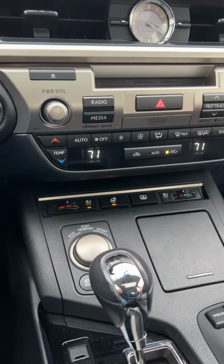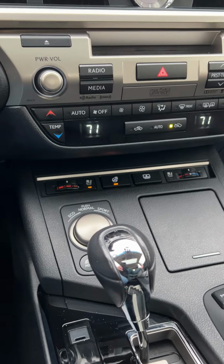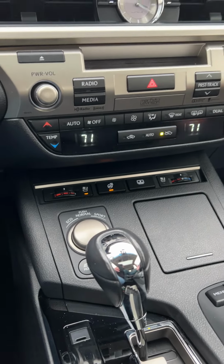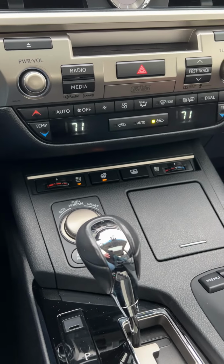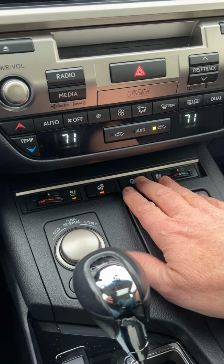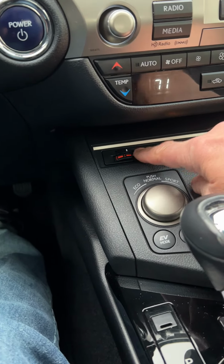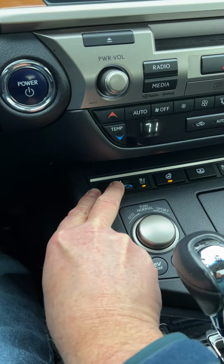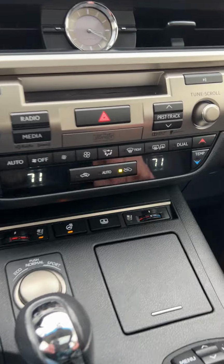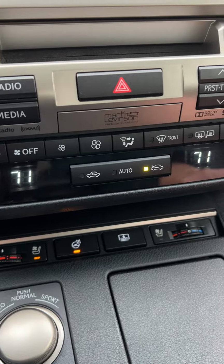This one has almost every option you could put on the car. Like I said, you start with the premium package, then you go to the luxury package, and then the ultra luxury package, and then it has a few standalone options on top of that, that wood steering wheel being one. It has the rear sunshade. It has the heated steering wheel here, heated seats, and ventilated. If you go the other way here, that's the ventilated. So